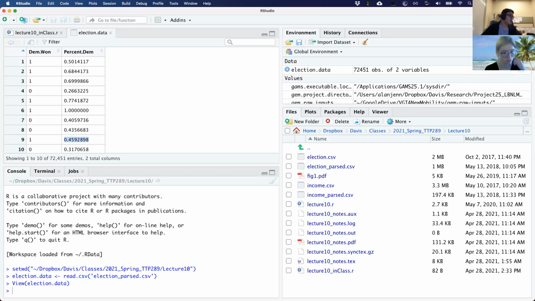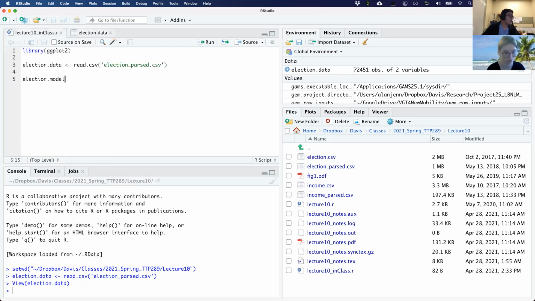Like here, for example, this is less than 50% Democrats, but they still win. So here is an example where we have a set of binary outcomes against a continuous variable of percent registered Democratic voters.